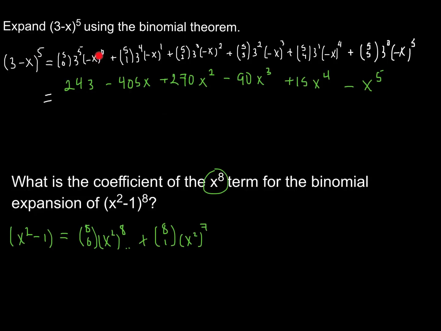Remember that you're choosing none, or 0, of the negative x's, so it would be 5 choose 0, 3 to the 5th. The next thing I could do is choose 1 of the negative x's and 4 of the 3's. And so the number of ways that I can do that is, well, I have 5 of these binomials, and I want to choose 4 3's and only 1 of the negative x's. So 5 choose 1 would be the number of ways that I can get this combination. I can use either Pascal's triangle